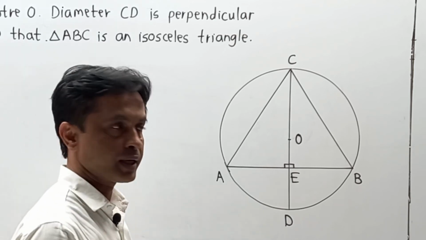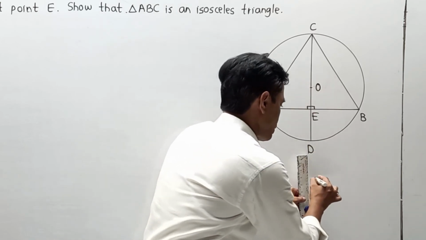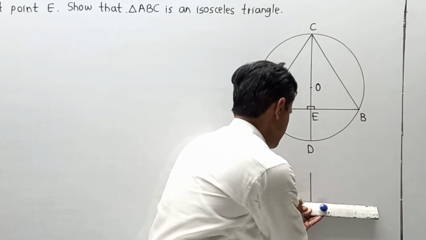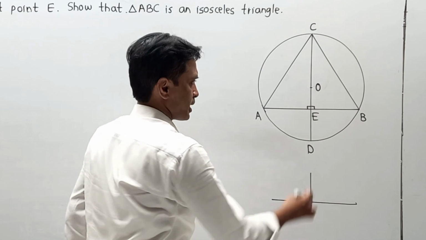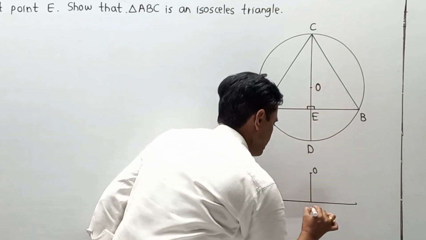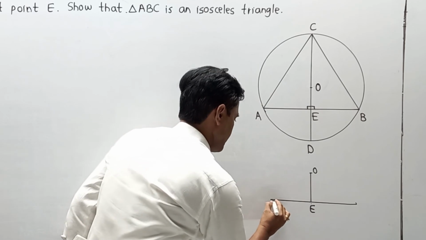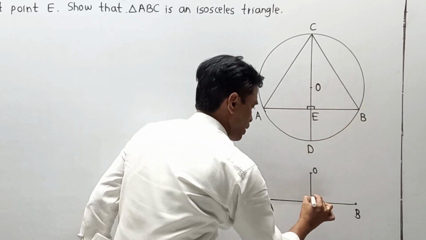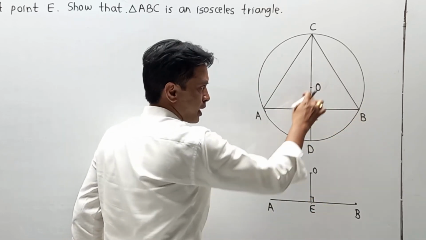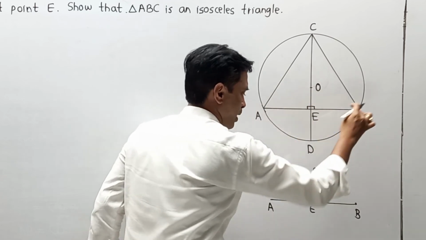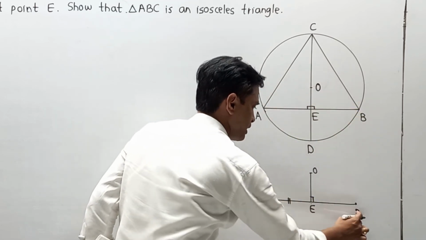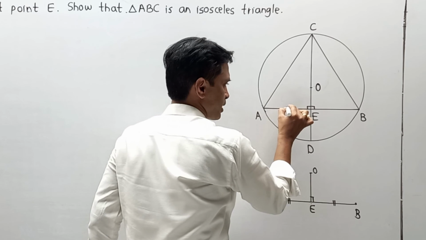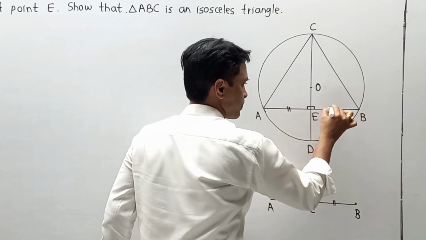Please try to understand. This diagram contains one part and I am going to draw it at the bottom so that everyone can understand. What is that? About the diagram: OE and the endpoints, that is nothing but A and B. Now they have given OE perpendicular to chord AB. If a perpendicular from the center of a circle to a chord bisects the chord, automatically we can say that AE equals BE. We are going to use AE equal to BE in this diagram.